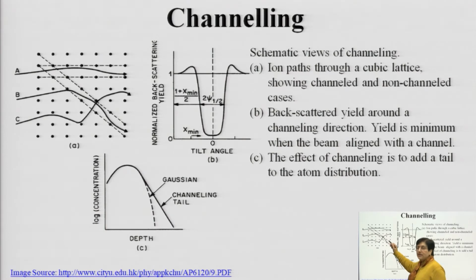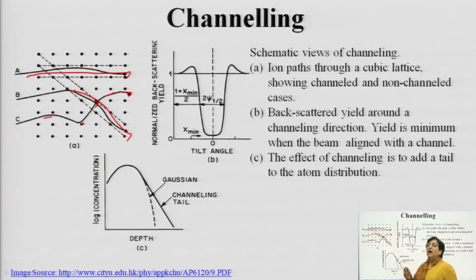Here also the same thing is being depicted. You have a direct moving atom or ion in case A. In the second, B, it has suffered directional channeling, and because of that, rather than moving straight, it has moved only in this direction. In the third one, so far it was going straight, but here it has collided with this atom and moved away from it. Further here it again had a collision with the second crystal atom, and further it has deviated in this direction.